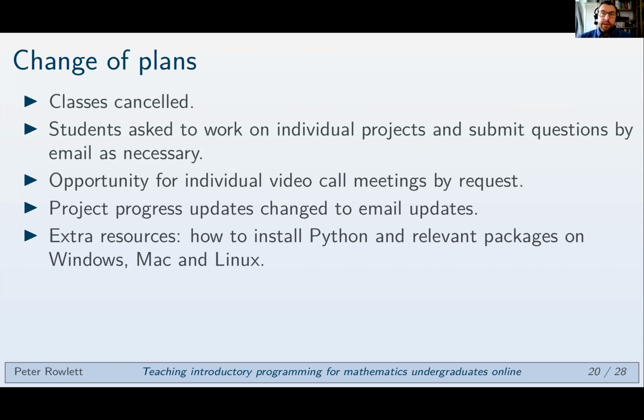Okay. So what did I do? I cancelled all the classes because I didn't really see any point in making students do their programming while sat on a Zoom room or something, just so that they might occasionally ask me a question. What I did instead was I said, you know, good luck to you, get on with it. Please try and do it, you know, the right amount of work each week. But send me questions, email me questions. If you need to talk, we can arrange a little video call. I didn't really pay attention to when the classes were supposed to be. I just said, let's just arrange something whenever's convenient. So if they needed to talk something through with me, they had that opportunity, but they could also just email,